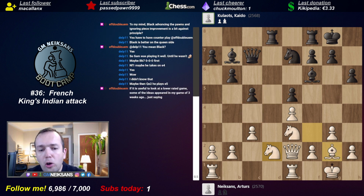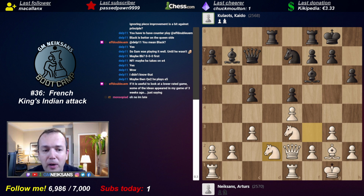So your goal ultimately is to try to trade these bishops, if that is even possible, try to trade a couple of knights, and put this knight on d5. If this happens, and he still has the dark square bishop, he's gone. So, with such a powerful knight on d5, it's incredibly